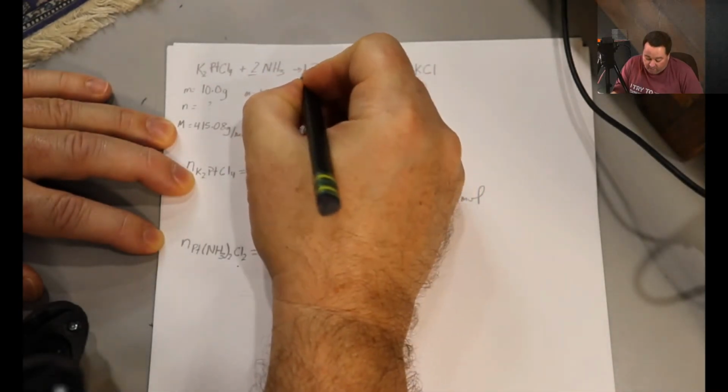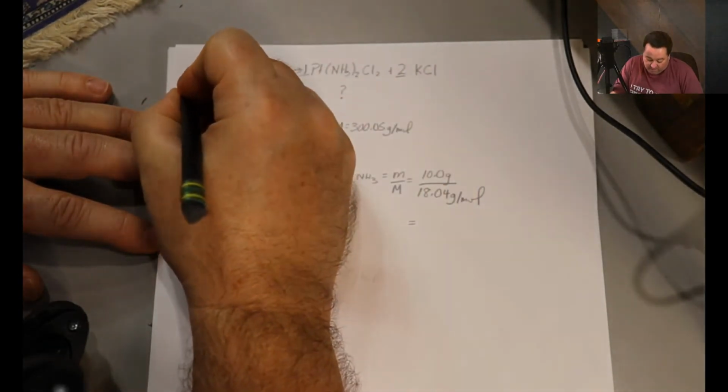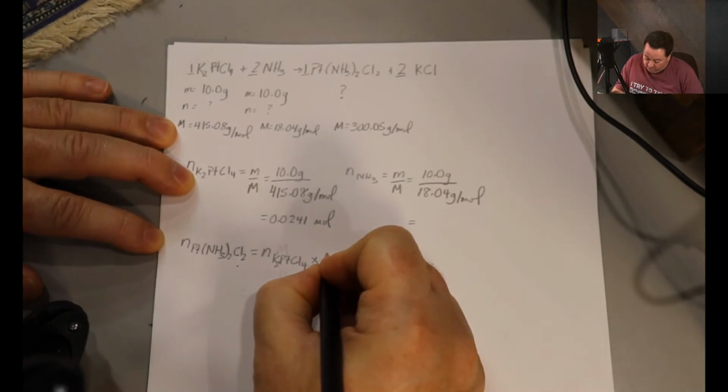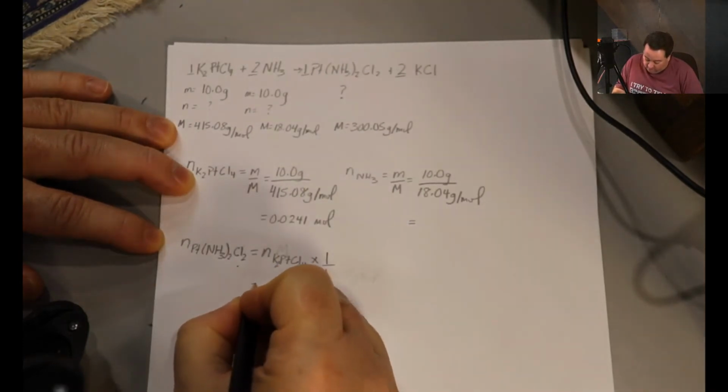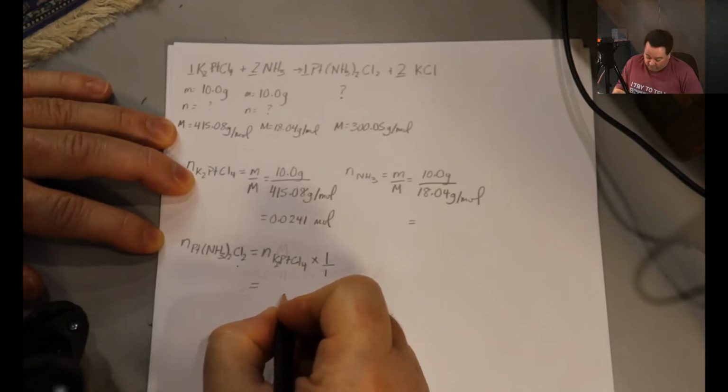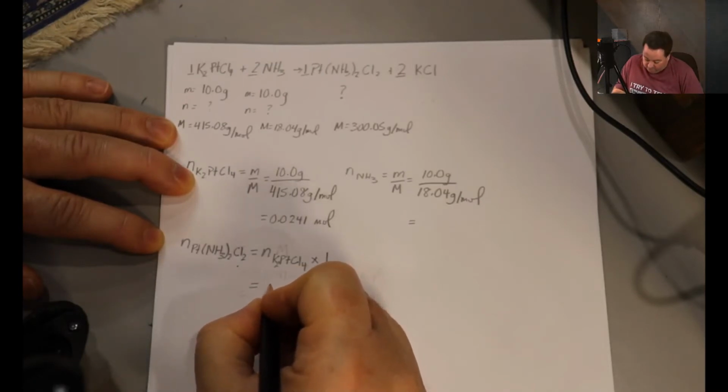Where there is no coefficient, we know that this is a 1. So required is a 1 and given is a 1. So my number of moles of my product is going to be the same as the first reactant,